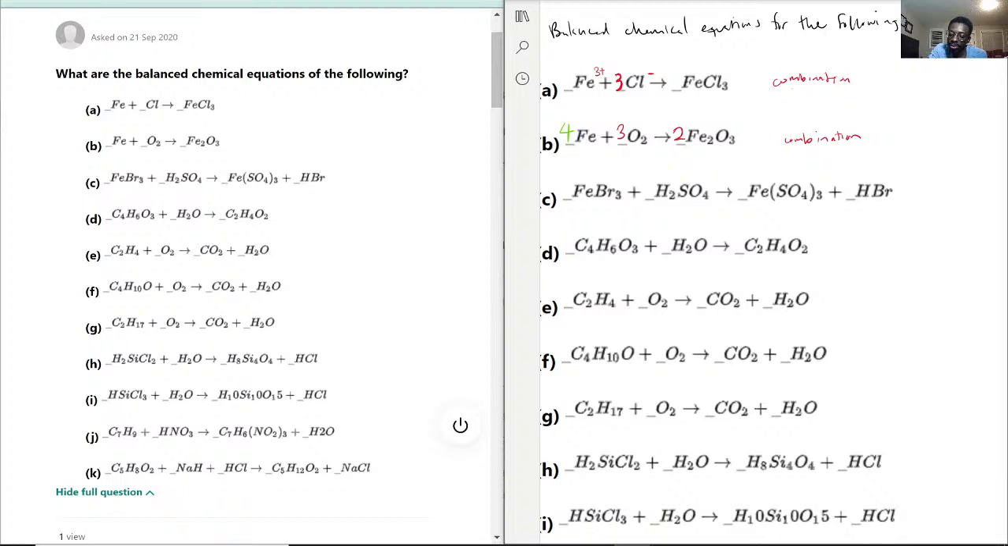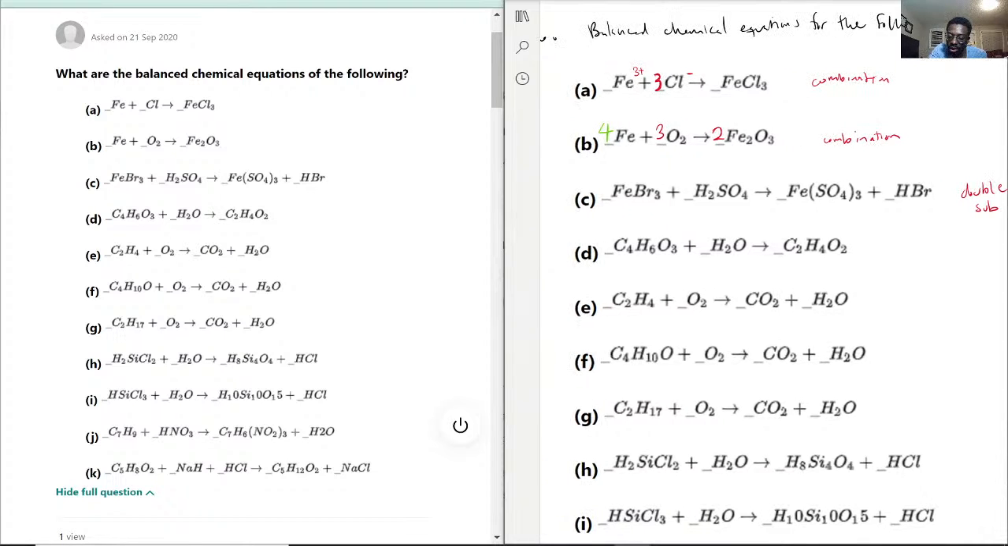Okay. This one is a double substitution. Okay. Because you notice that it was FeBr3 and H2SO4. But now they both switch their partners in a sense. So we have the SO4 here, right? But now we have 3 of them here. So we need at least 3 SO4 here. But because it's H2, right? We need 6 hydrogens in total. So there we go. And now because we have 6 hydrogens in total,